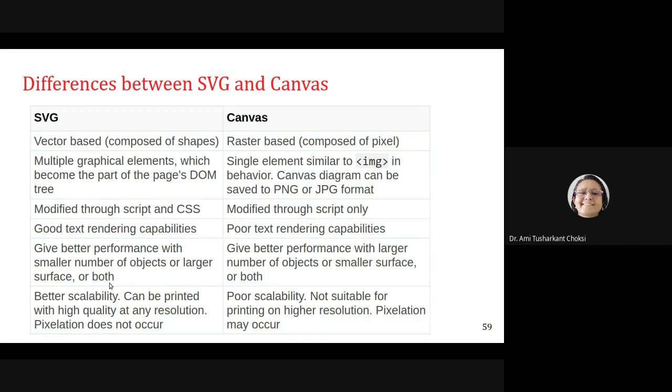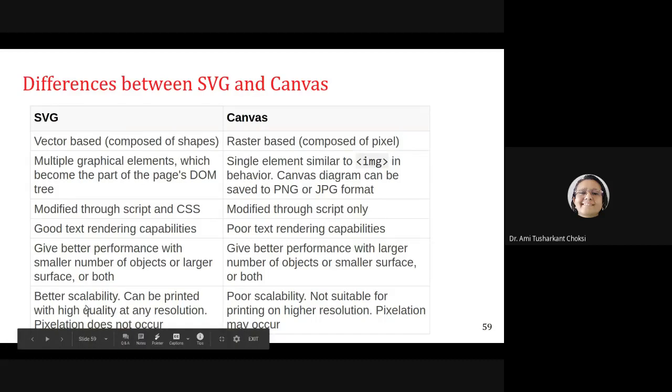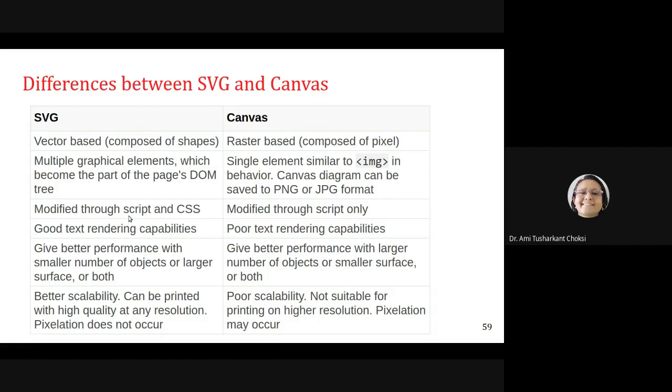But Canvas gives better performance with a larger number of objects or a smaller surface or both. SVG has better scalability and can be printed in high quality at any resolution.